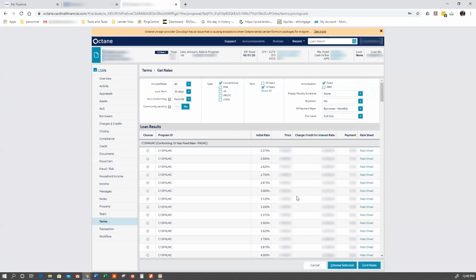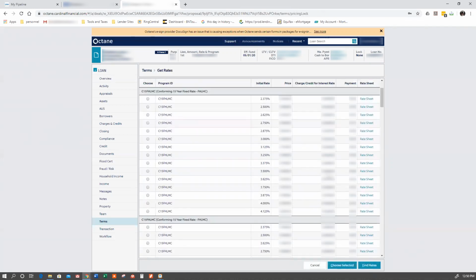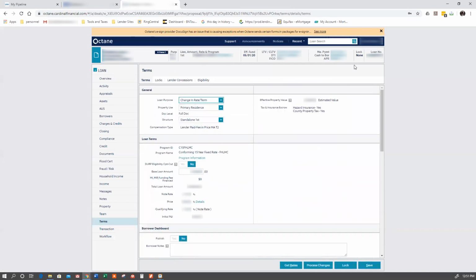All right, so here we are. We'll select that and then come down to the bottom and click choose selected. And then you'll notice up at the top of the screen here, everything's going to change. The program, the rate's going to come in there. The APR is going to come in. The monthly payment's going to change. All that stuff's going to change. So boom, so 3.5, Freddie Mac, mortgage payment,